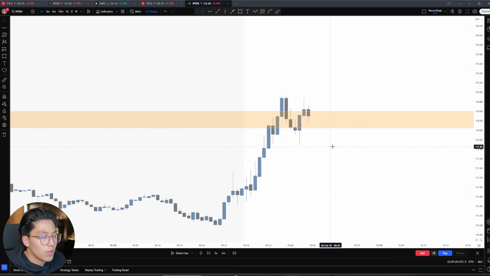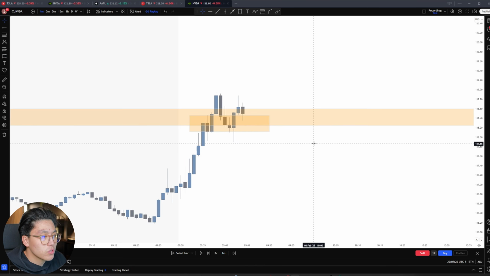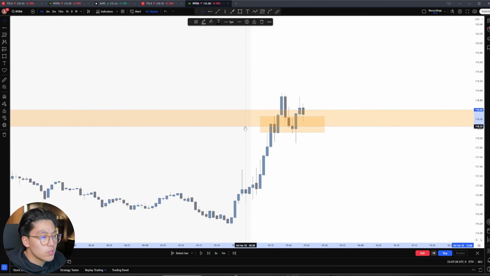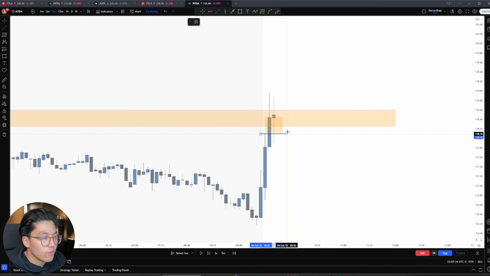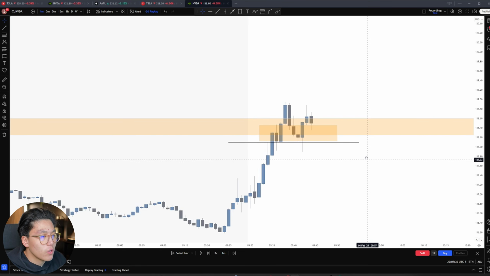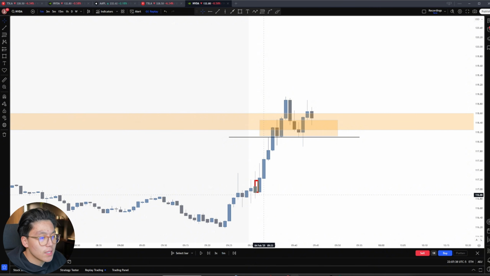Other key levels that we can also mark out here is this down close candle, which is your 1 minute order block. So we can really refine this level into this whole 1 minute order block. Plus, if you go into the 5 minute chart here as well, what we also have is your 5 minute opening range. So really, if you go back onto the 1 minute time frame, price is having a super strong